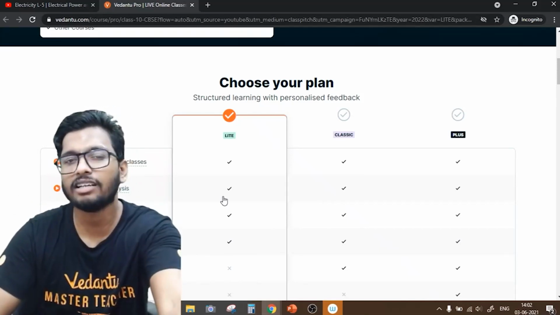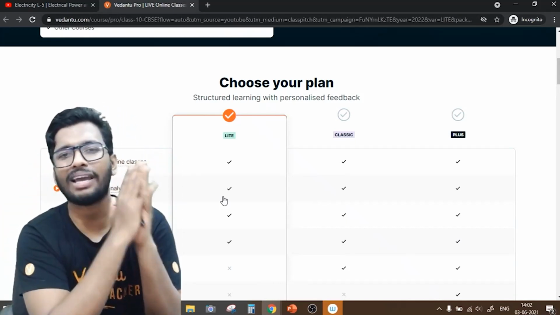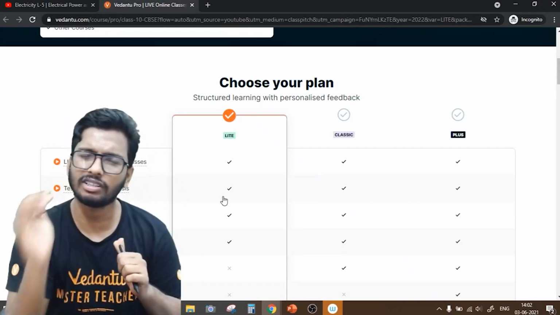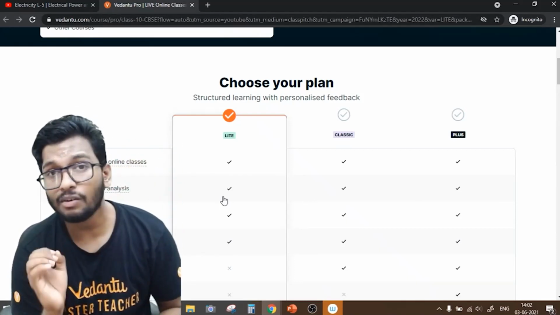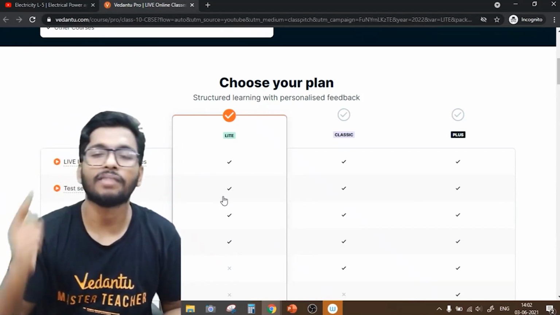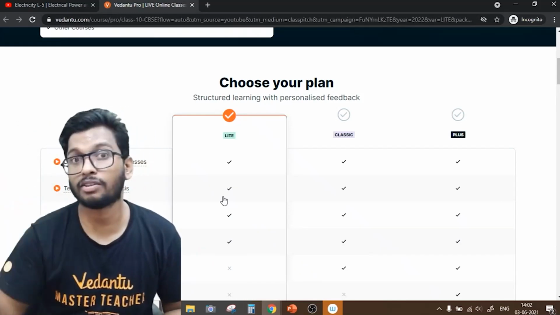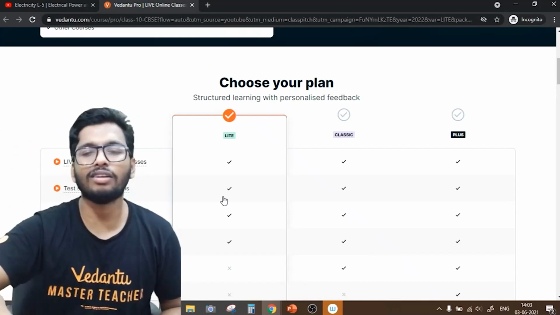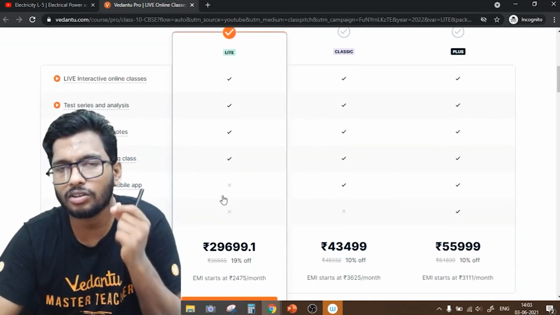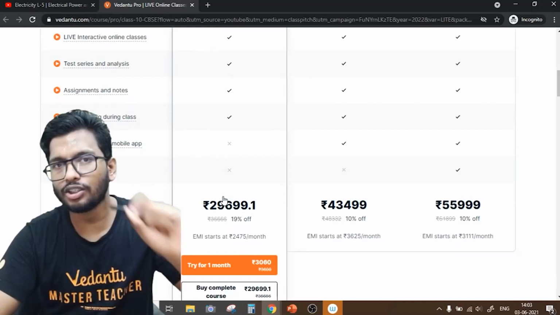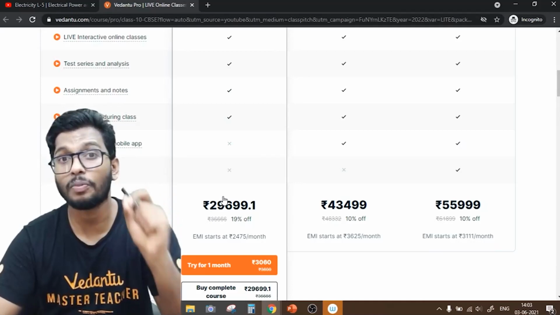For example, Vedantu Lite has everything that you need. You have live classes and whatever the basic features are, that is definitely going to be there. Everything that you need, like live sessions, assignments, tests, test series, doubt solving inside the class. But the only problem is that there will be no doubt solving outside the session. In Vedantu Classic, that is covered. You have doubt solving inside the class and outside the class with the help of the Vedantu app. Vedantu Pro Plus has all of these, and you also get a personal mentor, a single source of contact who will ensure that all of your academic and non-academic doubts are clear. He'll ensure that you are going on the right track.